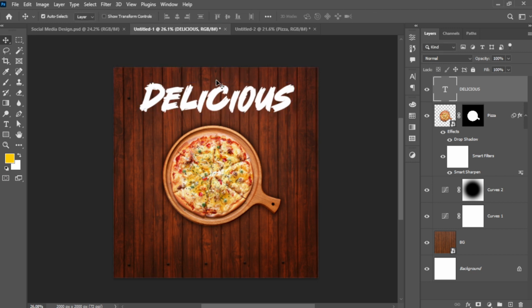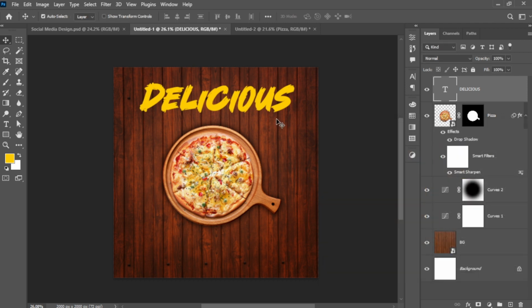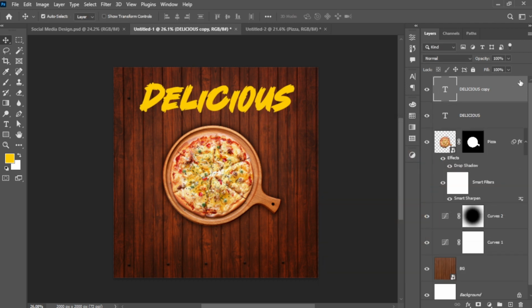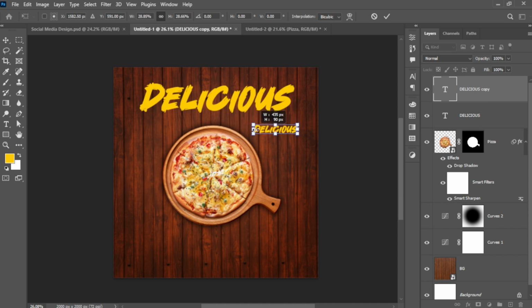Now I will choose this color. Press Alt Backspace to fill the foreground color. You can see this code. Then press Ctrl or Command J to duplicate this text. Press Ctrl or Command T to resize it and I'll make it smaller and place here,